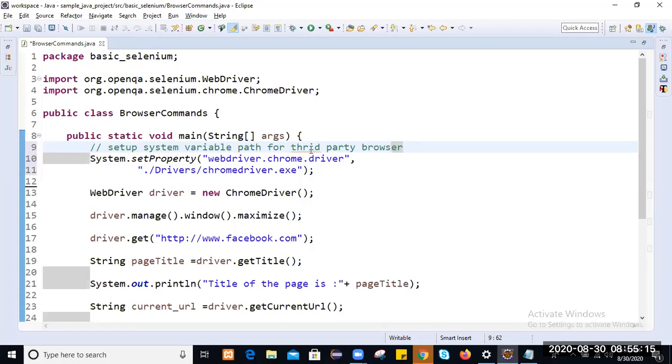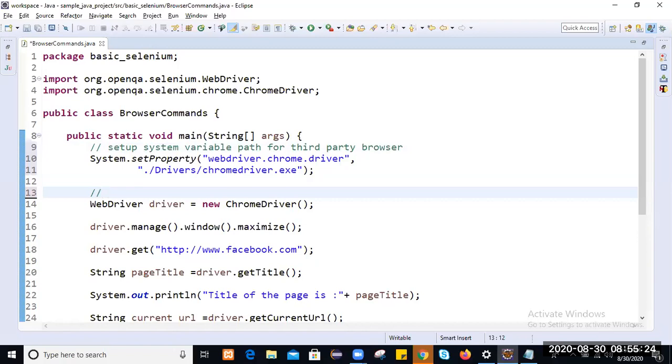Then this will launch the Chrome browser and initialize the WebDriver reference variable. Okay.